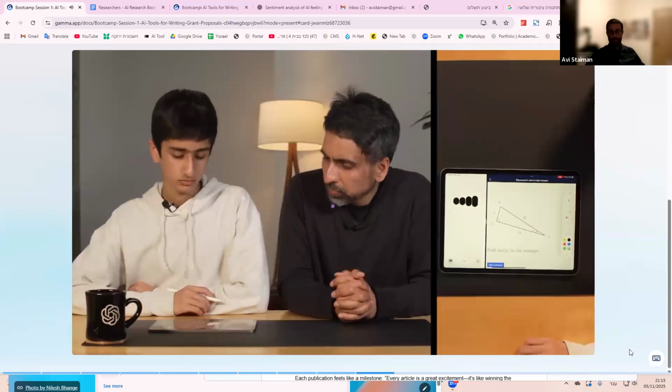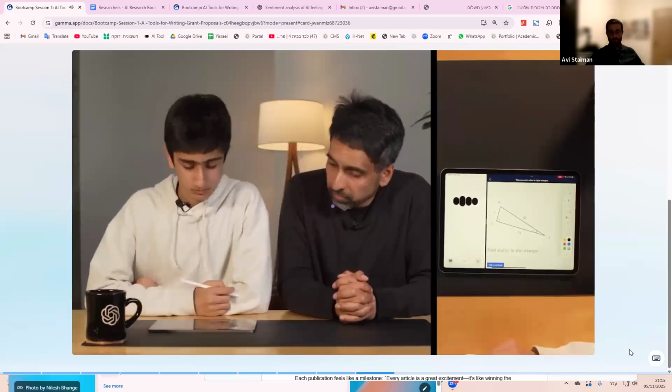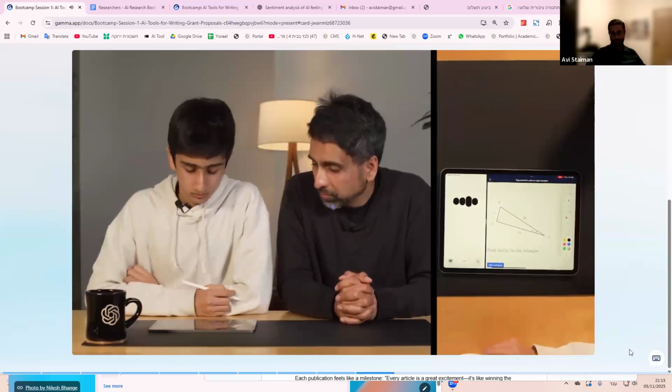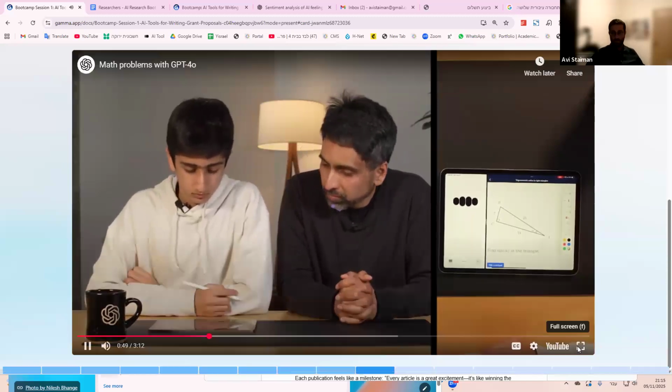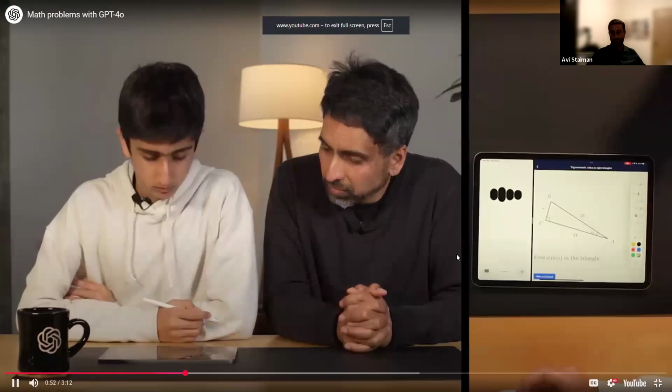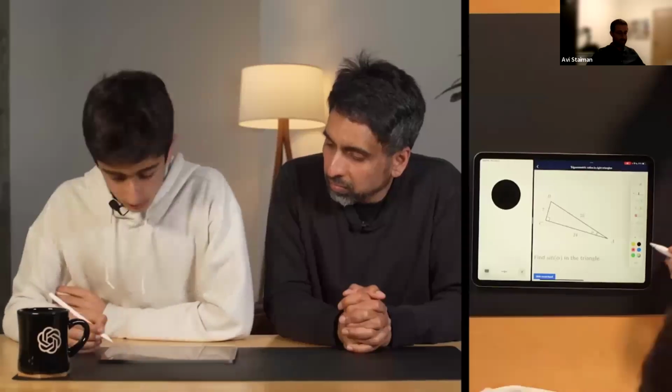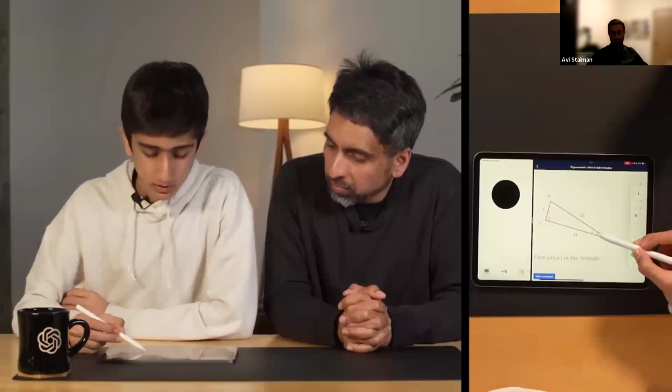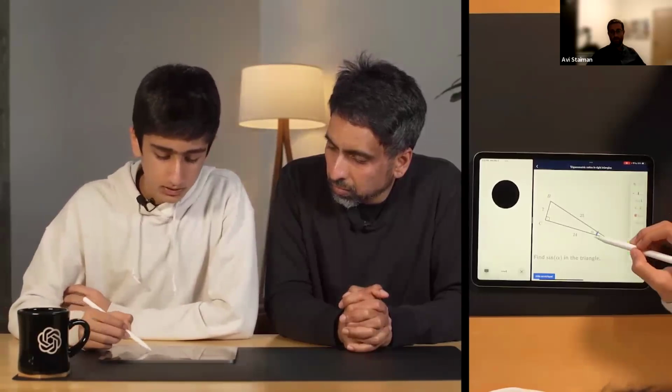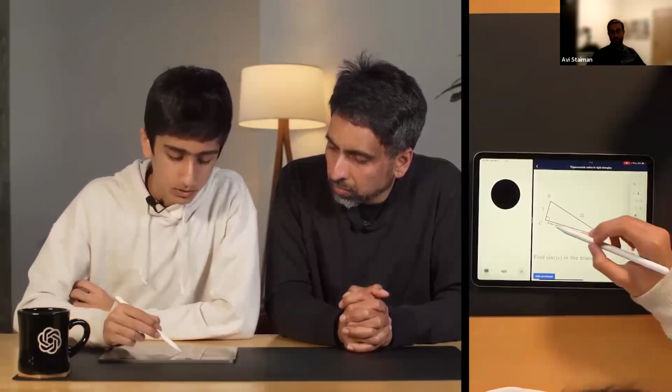Of course, I'd be happy to help. Let's look at the problem together. Can you first identify which sides of the triangle are the opposite, adjacent, and hypotenuse relative to angle alpha? All right, so I'm pretty sure this is the angle alpha right here, right? Perfect. That's correct. Now, looking at the triangle, which side do you think is the hypotenuse? Remember the hypotenuse? I'm not totally sure. I think it might be this one, but I really am not sure.